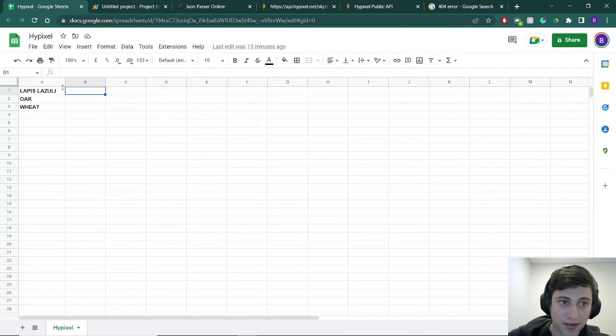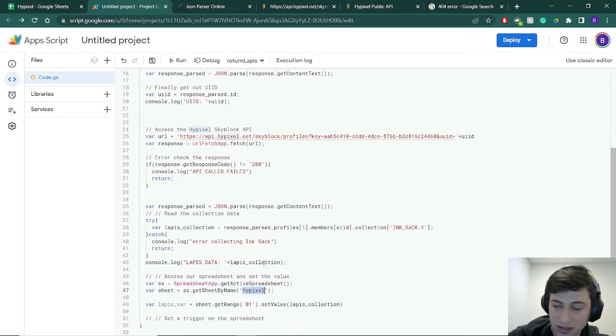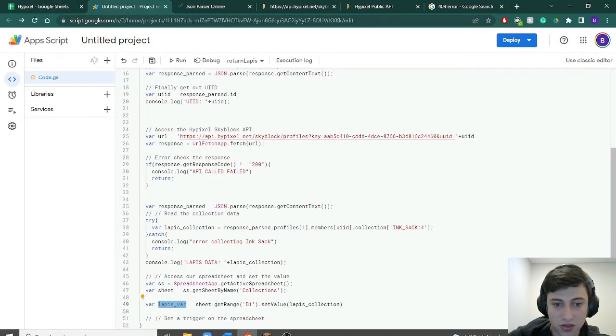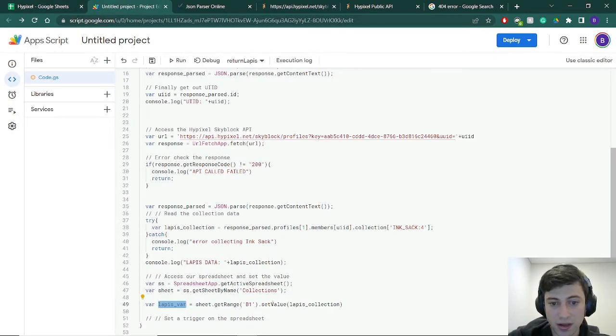I've called my one Hypixel. Maybe I'll call it collections instead, just to prove a point. So I've called it collections, and then you want to get the sheet by name. So we're going to get collections. Now where you want to put this variable, you go and find the spot. So this is in B1, so you can see the B and the 1. So you go sheet.getRange B1, and then you just want to set the value to the lapis collection, which we collected here before. So now if I press run,